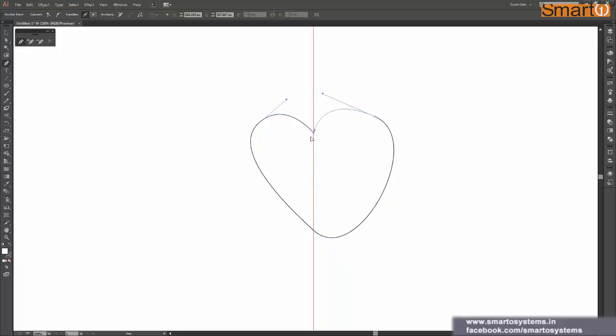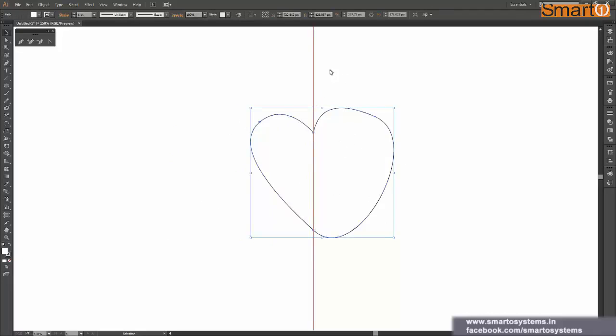Here also you can see that if I wanted to manage this curve, because this was overshooting, I extended my tangent this much, and when I joined it to the center point, here also it overshoots. So my heart, which was on the left side, you can see that I was getting a perfect heart, could have been an abomination on the other half.